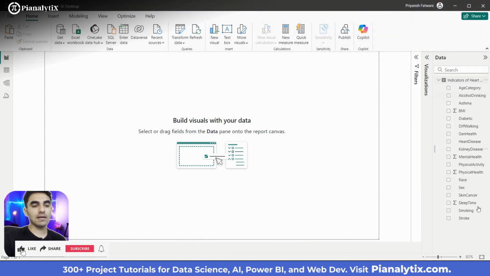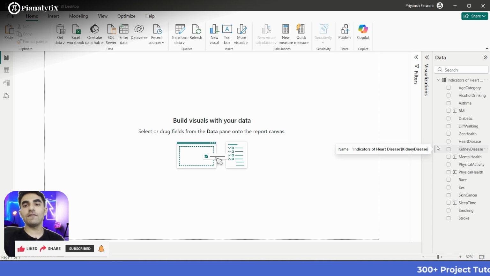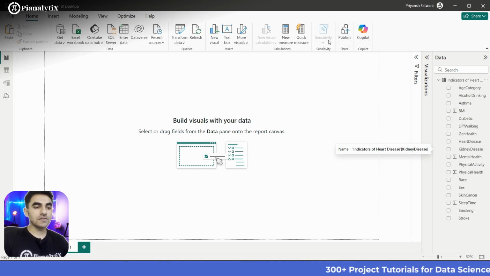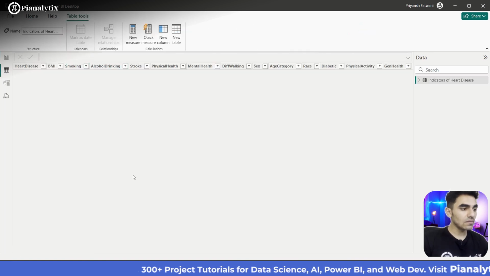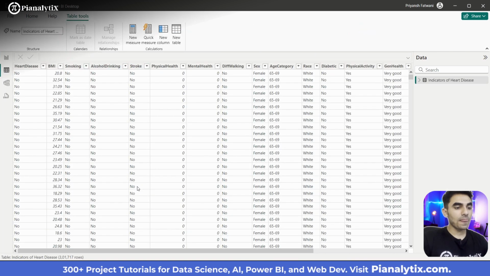So this is the data set. It has been loaded. Now before creating a report, we need to create some measures and add a few columns which are required for creating our report. For that, you can just go on to table view first, and